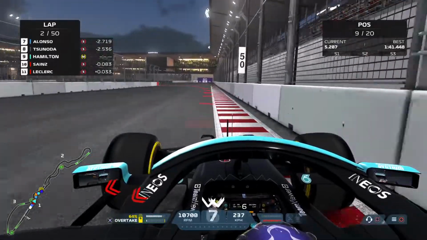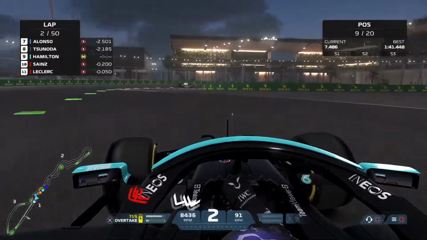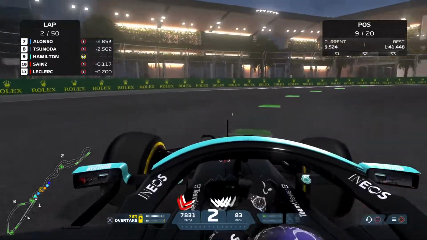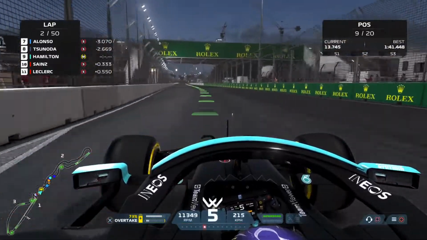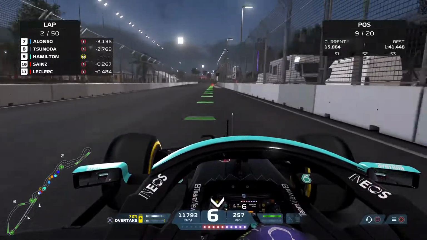Who's going to be latest on the brake? We're going to try and go round the outside of the pair of them, and that is 11 cars overtaken in 1 lap. Absolutely over the moon. Fantastic stuff. And now we can try and reel in Tsunoda and Alonso 2.5 seconds up the road, and that's